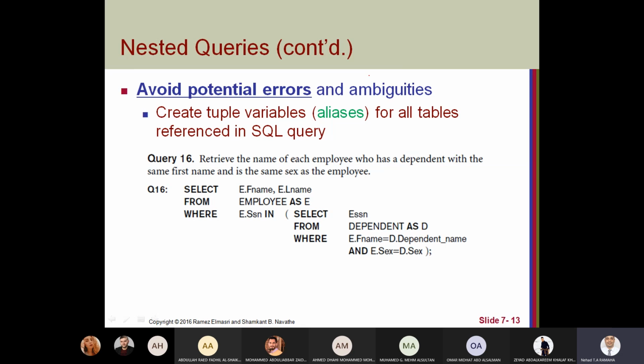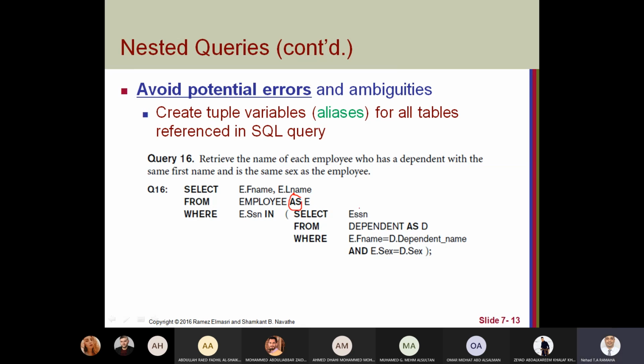This one we already mentioned when we talked about relational algebra. If we have attributes with the same name coming from different tables, you have two choices: change names for one of the tables or use an alias table name using AS.